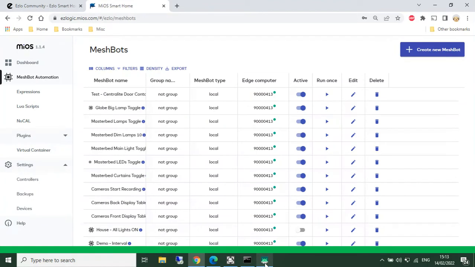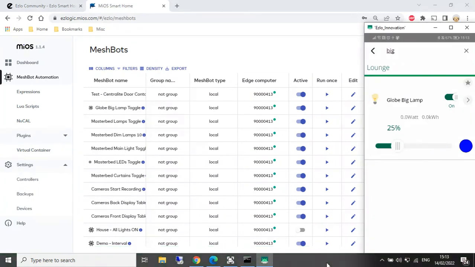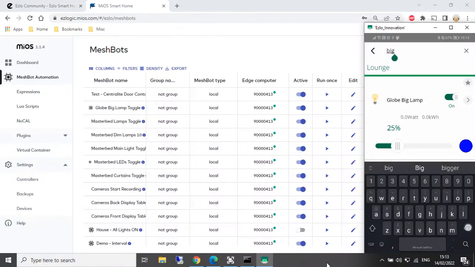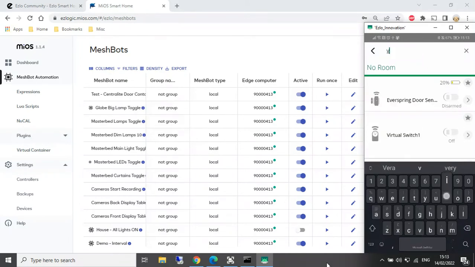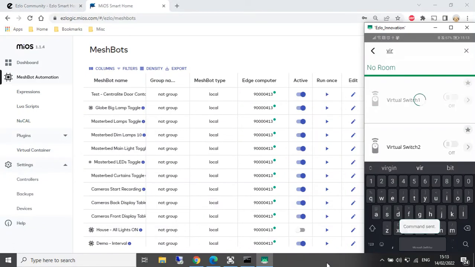and if we switch to the mobile app, now you can see my color light is already turned on, but the rule we've just created won't be triggered until we turn on that virtual switch. So let's do that. Virtual switch 1 it was, so let's turn that on. And then if we go back to our coloured lights,